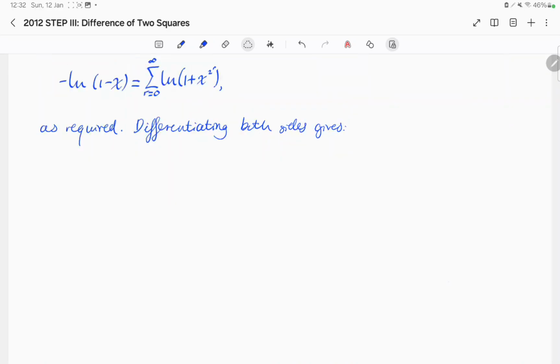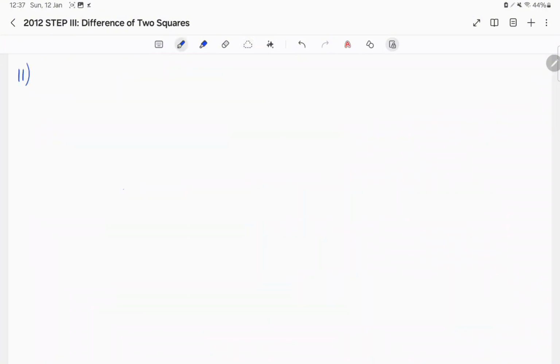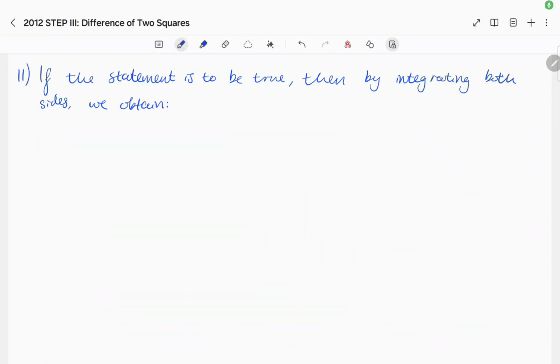Differentiating both sides then gives 1 over 1 minus x is equal to 1 over 1 plus x plus 2x over 1 plus x squared plus 4x cubed over 1 plus x to the 4 all the way to infinity, as required. Part 2. If the statement is said to be true, then by integrating both sides, we can obtain